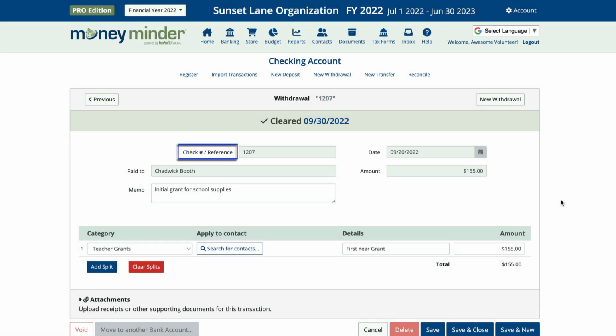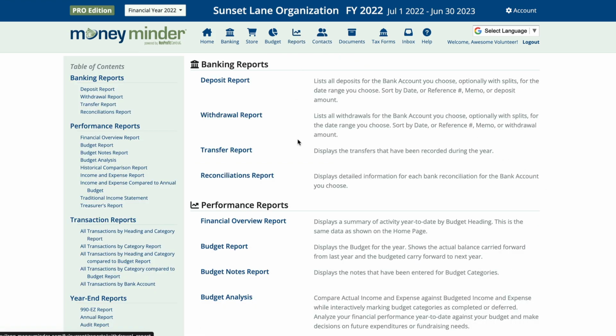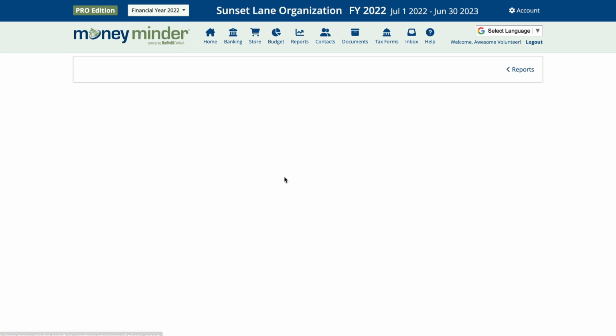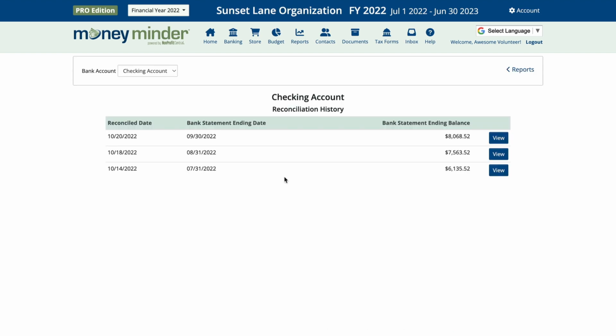Changing the fields for check or reference, date, amount, or paid to requires you to first unreconcile the account. Go back to the month where the transaction in question lives, then make the change and re-reconcile. It sounds a little bit harder than it is. Before you do this, I recommend printing the reconciliation reports that show the months you'll be clearing first, so you have them handy, making re-reconciling super fast.